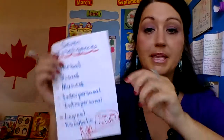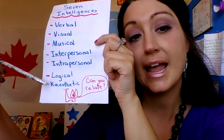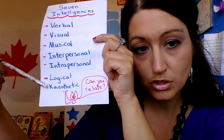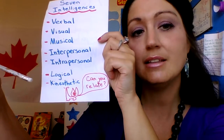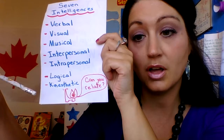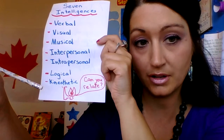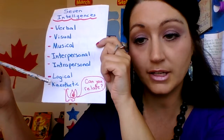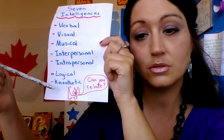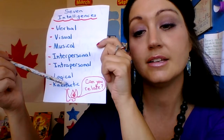The last one is kinesthetic people. So your kinesthetic learners, and this intelligence relates to your hands-on people. So you can show somebody a million times over how to fish, they can watch as many videos, but until they actually have a fishing rod and the tackle box and learn how to bait a line, they're really not going to internalize the information. These people do well because hands-on is usually accompanied by a conversation, so they like to be a team player, working through a problem together, and